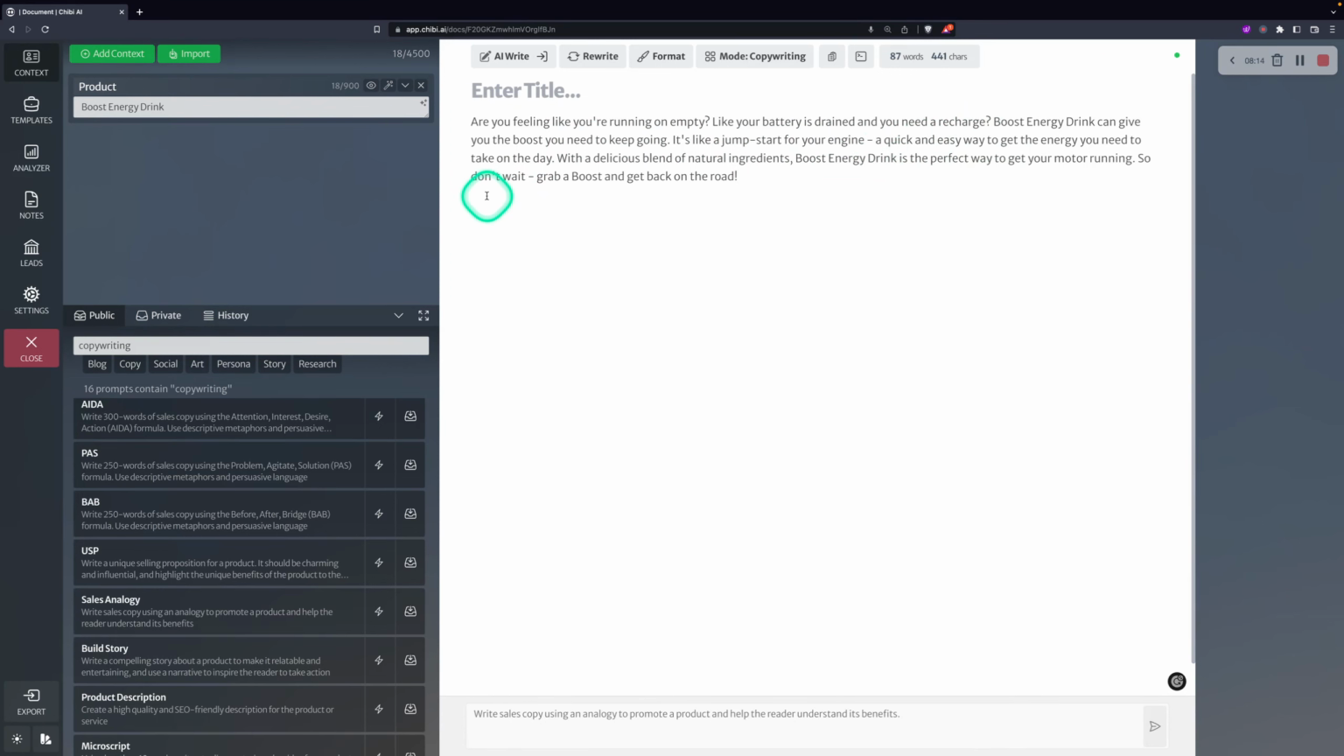Boost Energy Drink can give you the boost you need to keep going. It's like a jump start for your engine. Another sort of analogy. A quick and easy way to get the energy you need to take on the day with a delicious blend of natural ingredients. There we go. Perfect way to get your motor running. He's still talking about that analogy. Don't wait, grab a boost, get back on the road. There you go. More analogy. That's actually pretty cool. So I just want to reiterate this, because I sometimes get feedback that Chibi's